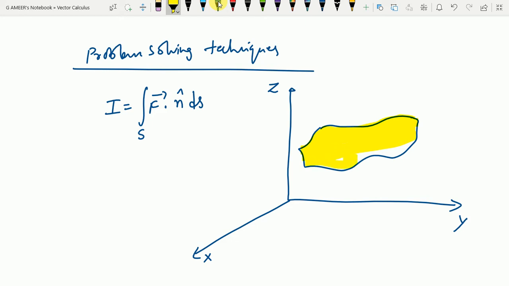So this is the surface. I need to calculate its projection in the xy plane. Let's say I am taking an elementary strip here. Let's say it has a normal in this direction, maybe some n cap will be the normal here. Now I want to see its projection on the xy plane. This is its projection on the xy plane.